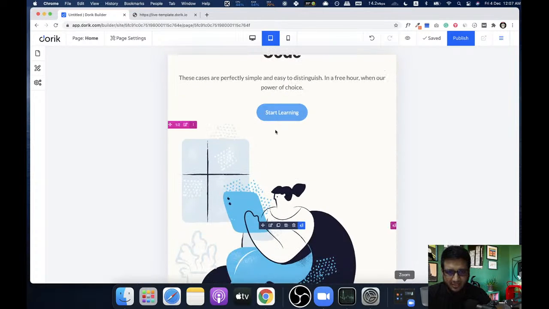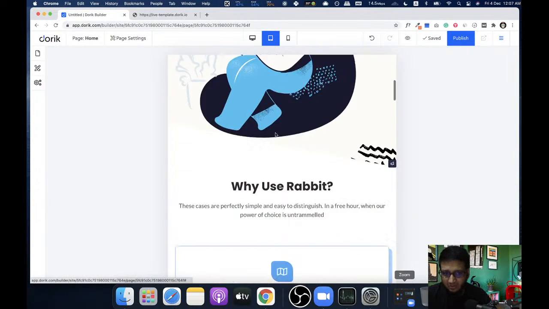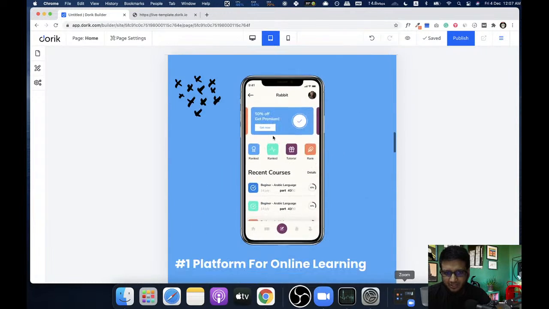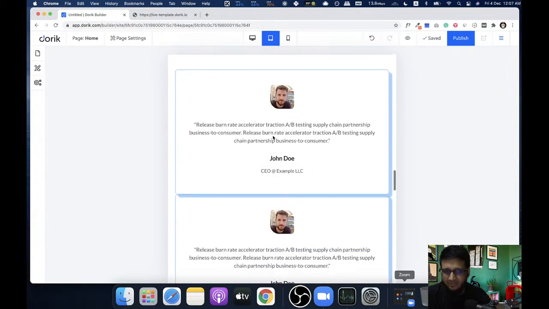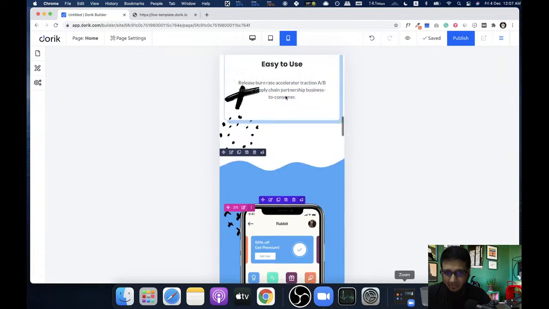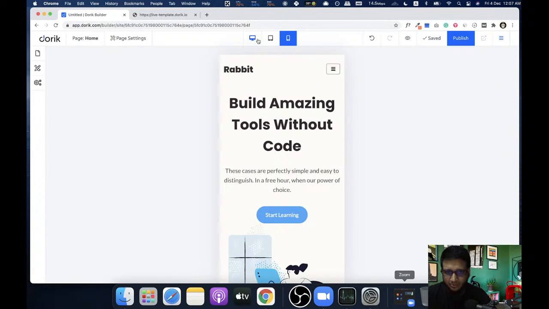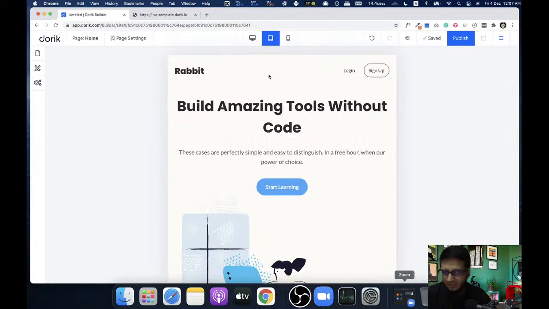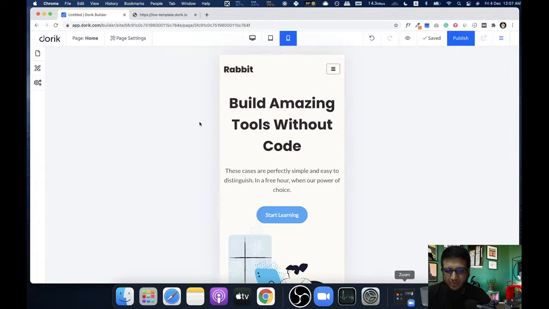Normally all the sections are good at responsive, even mobile. If you see some changes, I'm gonna show you how you can fix them. We are gonna use the mobile directly.